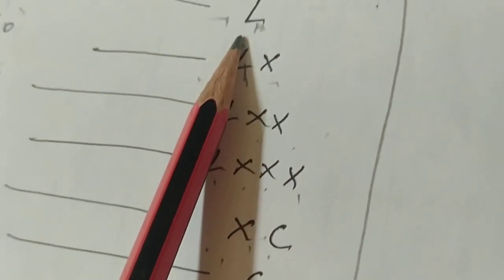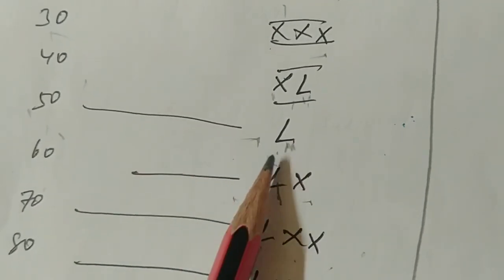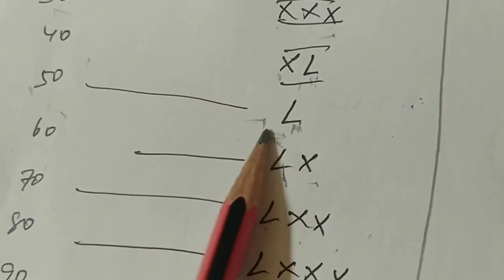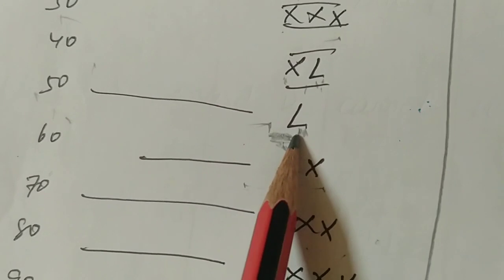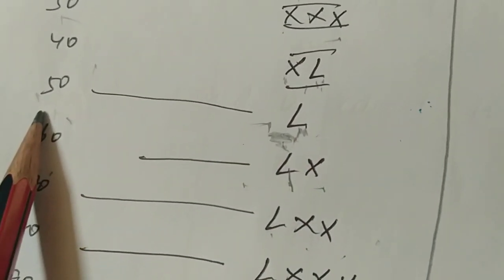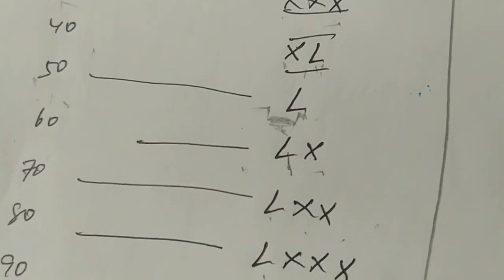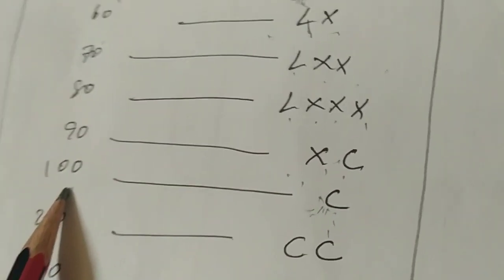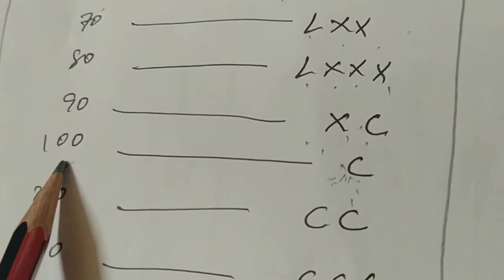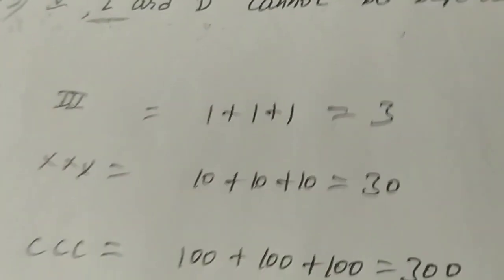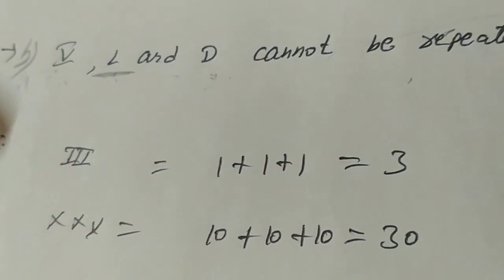So here L also. L for what did you learn? L for lion you learned, but here it also represents 50. Okay, my dear students, very easy. C for cat you know, but C is nothing but 100. English alphabets we can represent as numbers. That's why I am saying, what a beautiful representation given by the Romans. So first we have to congratulate the Romans. The Greeks, the Romans, they are beautiful really. They are very intelligent people.